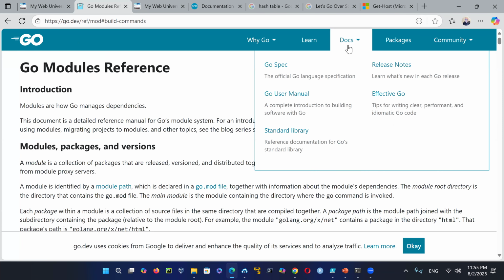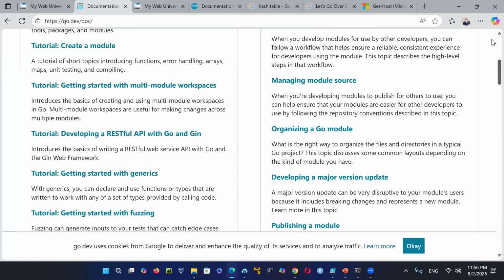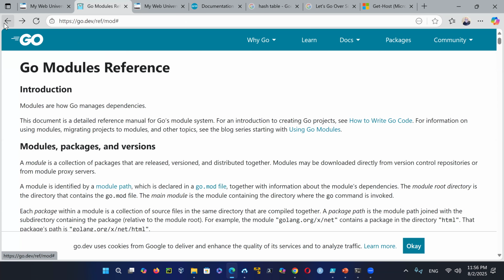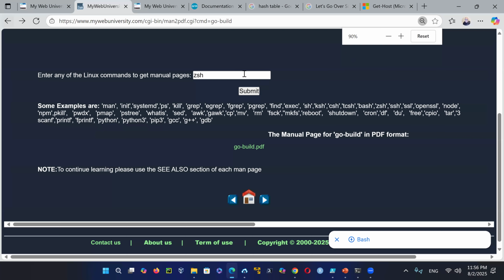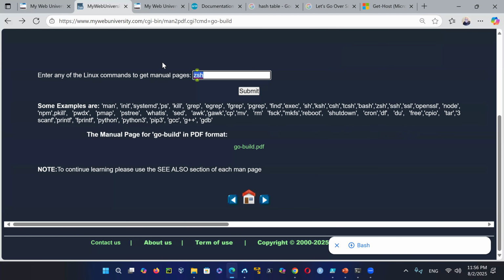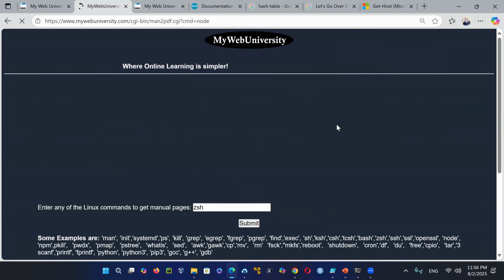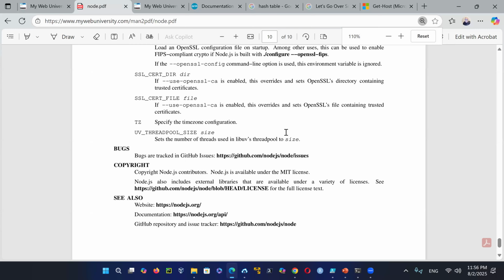You just come in docs, and then from there you go to the Go user manual and read all these thousands of pages of documentation. And then you say, Wahid, you are claiming there are millions, and this is just for the Go language. How about Node.js, for example? Just type in Node.js, and I generate a node.pdf here, and then here Control F, HTTPS,